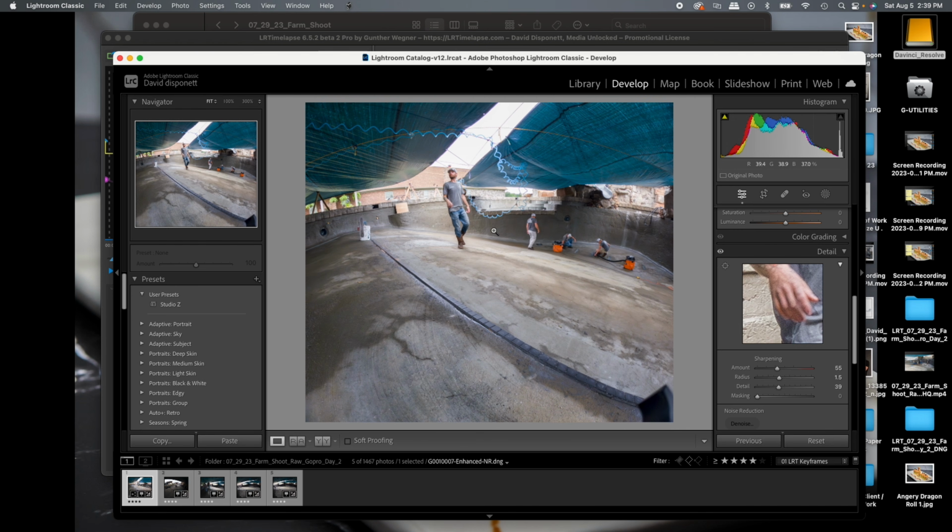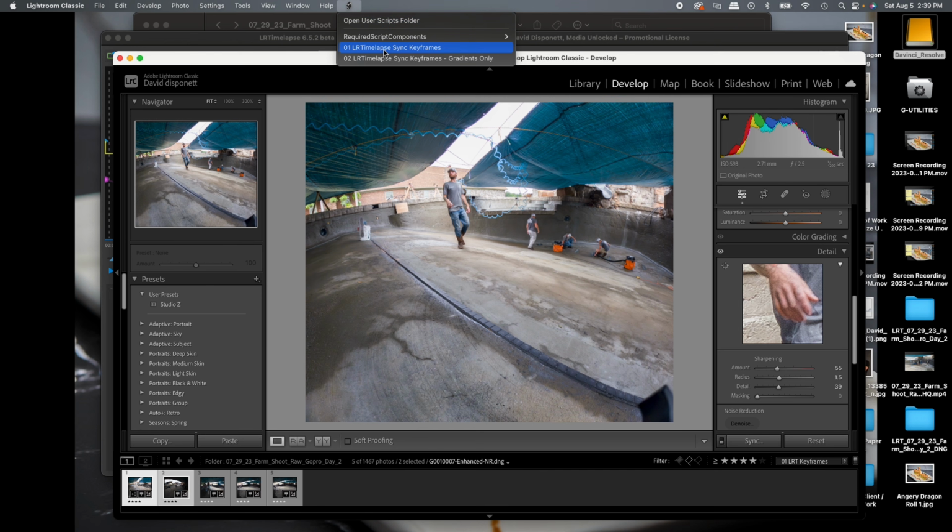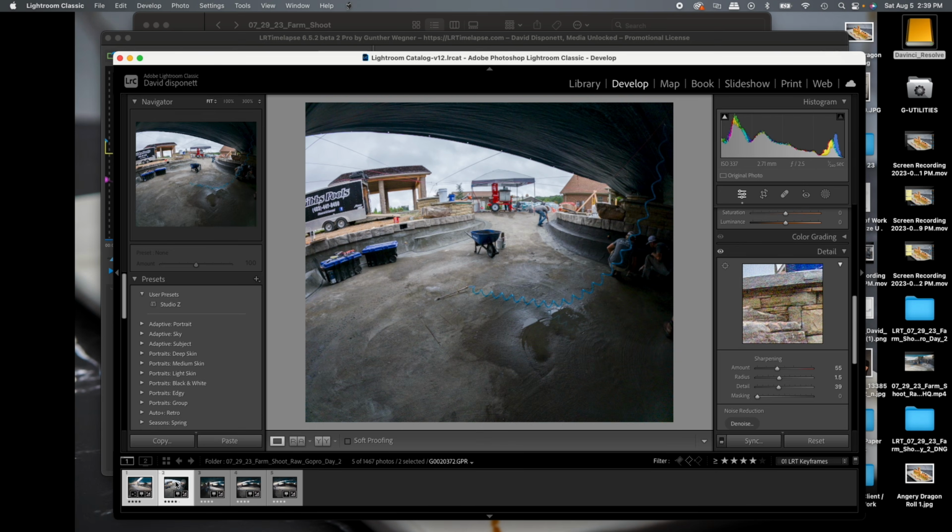Okay, so once we're here, what we're going to do is hold down shift. I actually don't know what the button is on a PC, to be honest, but if I'm on a Mac, you want to hold down shift, and then select your next keyframe, and go up here to the top where you see the script, and you're just going to hit this. And so what that's going to do is copy the information from here to here. As you can see, because we don't have a bunch of keyframes in between, the problem with that is